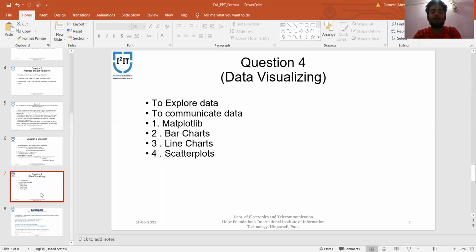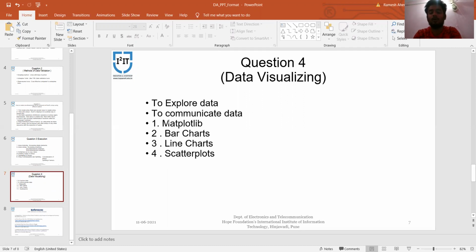There are some common methods used for visualization. Data visualization is used to explore the data or to communicate the data. The first common method is matplotlib. Matplotlib is a library for the Python programming language and its numerical mathematics extension NumPy.